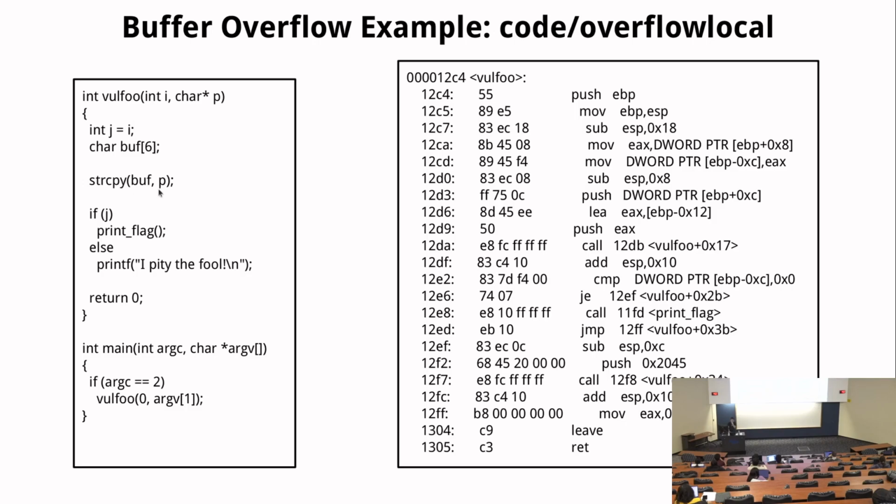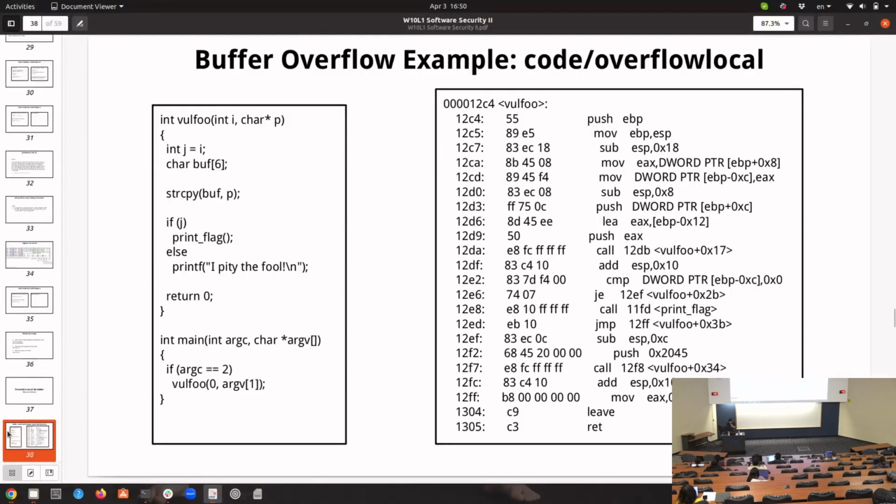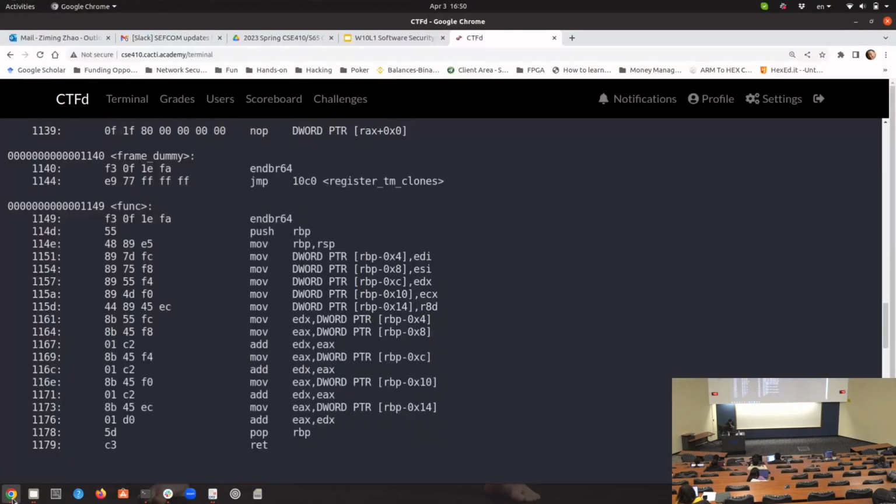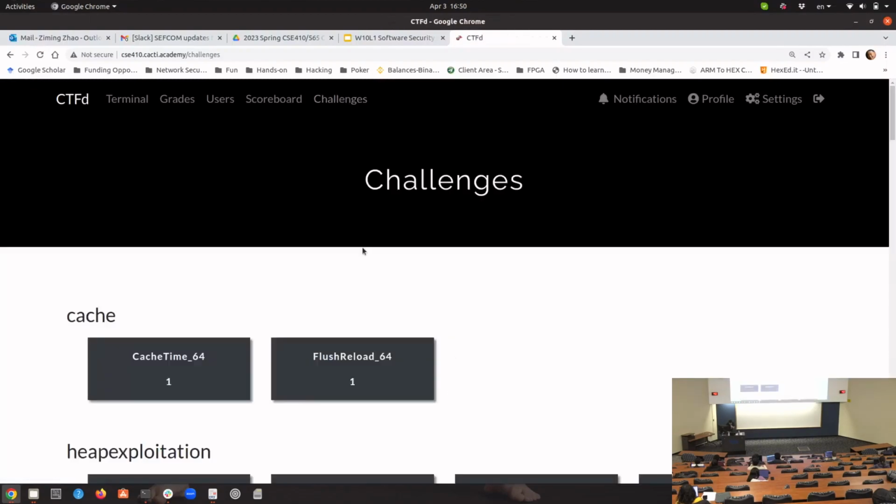After that string copy, the program will check the value of j. If j is not 0, it will print out the flag for us. If the value of j is 0, it will print the default message. That's it. So if we run this program, overflow_local, it goes to